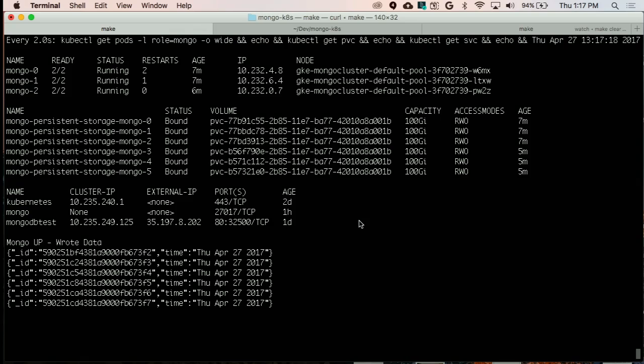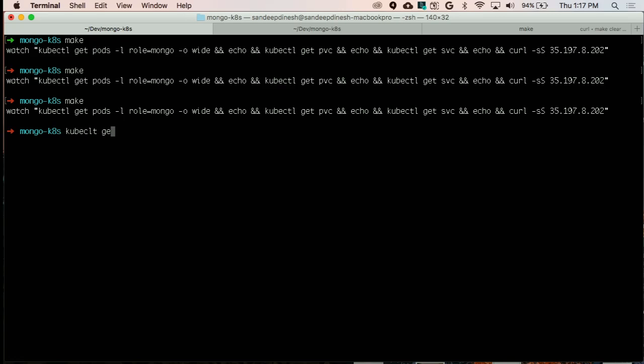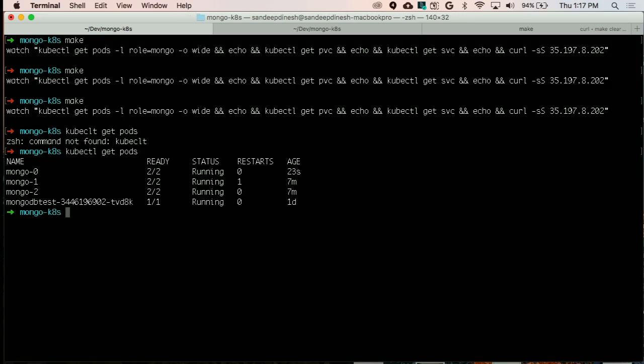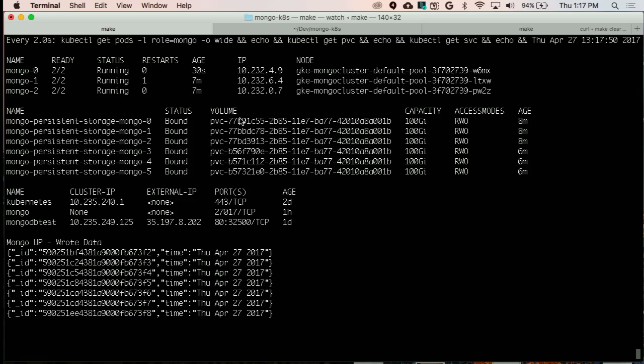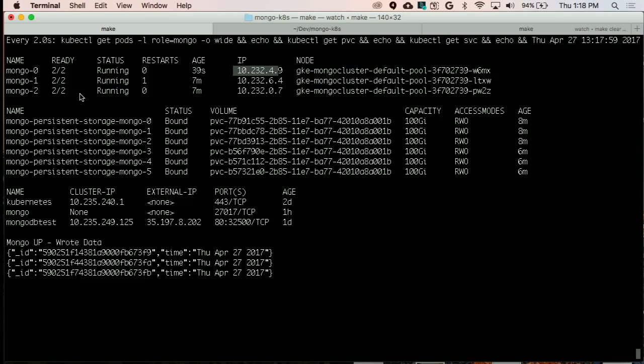All right, so now this is going to go away in our 2 seconds. So you can see that it just restarted. Too fast for us. Let's try this one more time. So it restarted, so you can see it's 30 seconds old. And it has a new IP address, but it has the exact same DNS name, which is what we're using